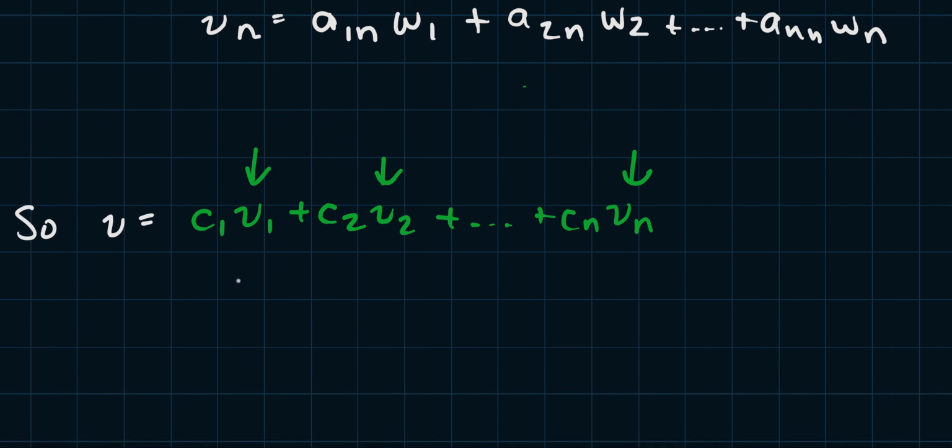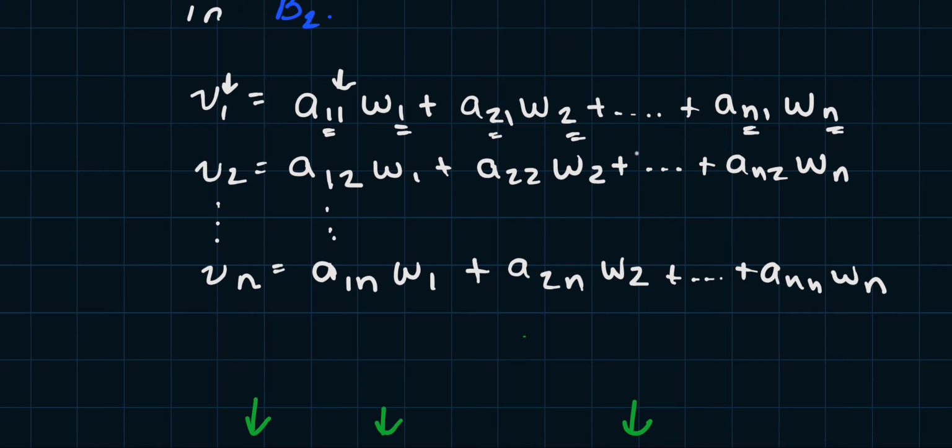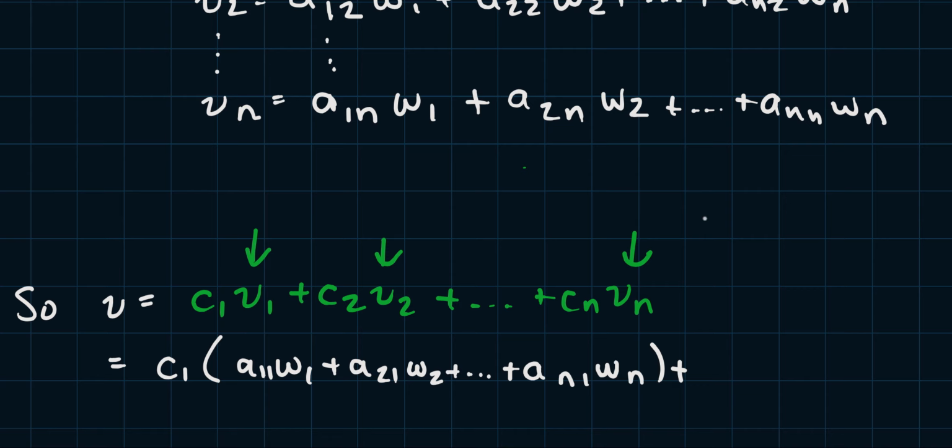So this is going to be equal to C1 times, well, let's just copy this, A11 W1 plus A21 W2 all the way to An1 Wn plus